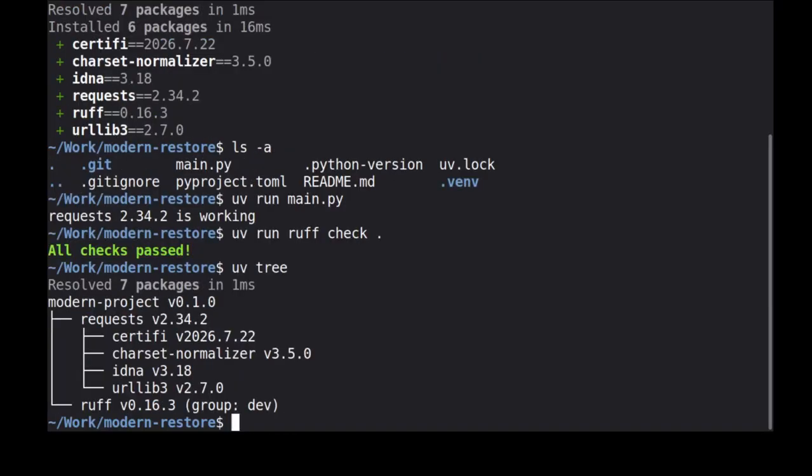uv tree checks the project resolution and displays the dependency graph recorded for this restored project. It gives us the same direct and transitive structure we had in modern-project. Finally,